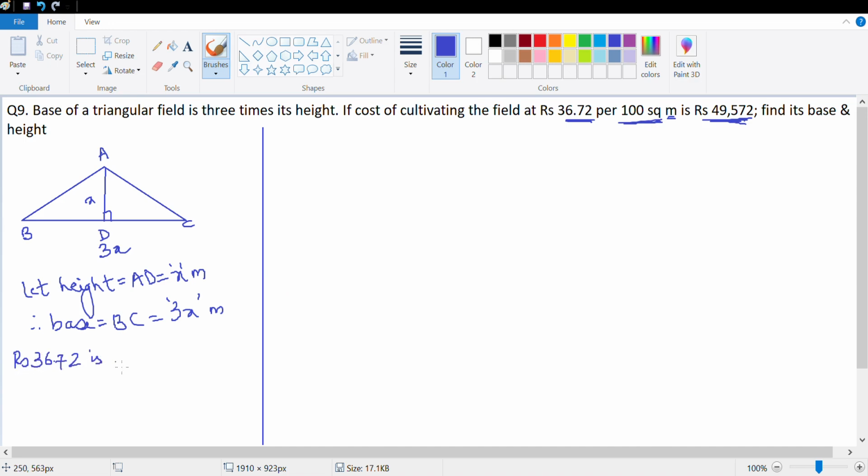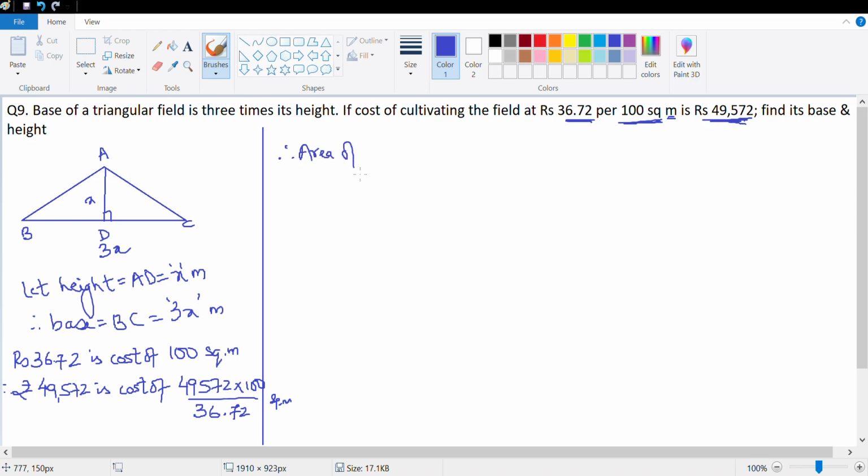Rupees 36.72 is cost of 100 square meter. Therefore, rupees 49,572 is cost of how much? Cross multiply, which is 49,572 into 100 upon 36.72 square meter. Perfect. Therefore, area of triangular field is equal to